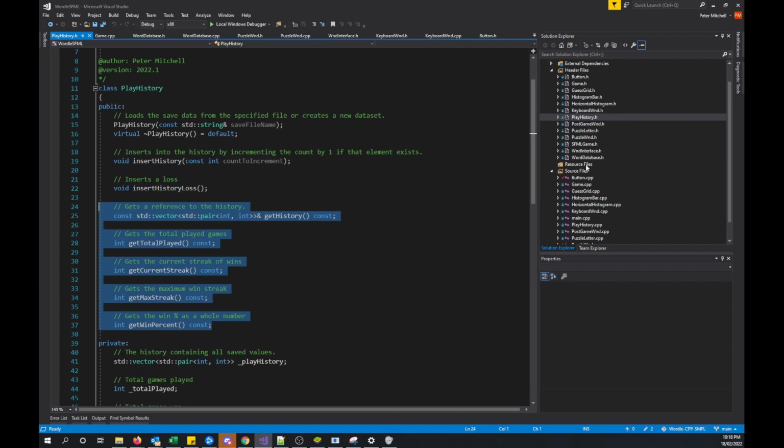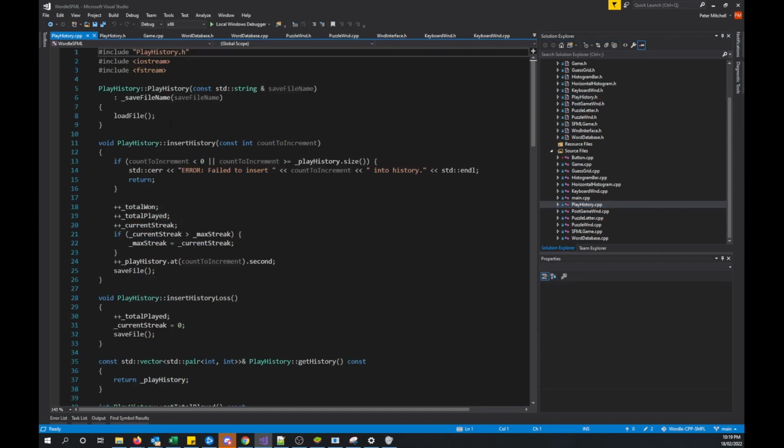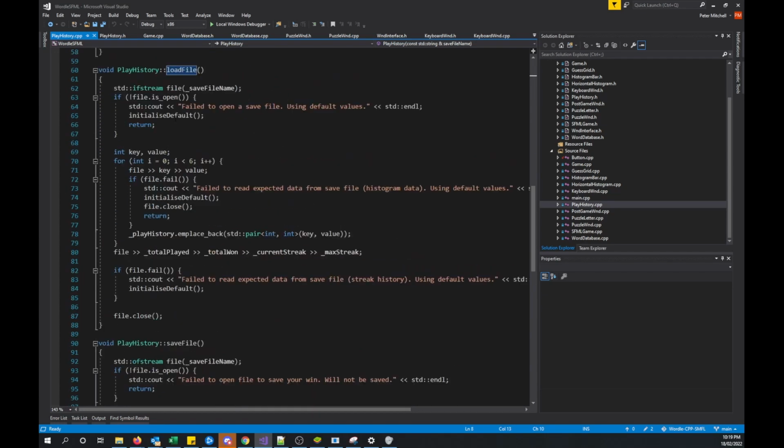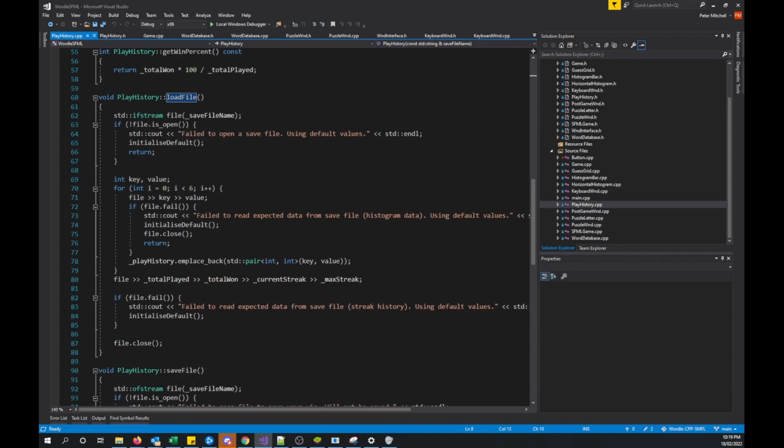So when we've won our game, we would be passing the information across as we showed inside of the game class. So if we look inside of the CPP file for play history, when we create our play history, we just call load file, and this is going to load the file by a process of initially checking that it opened properly. If it didn't open properly, it'll initialize defaults, or if at any other point it fails, it will initialize defaults,